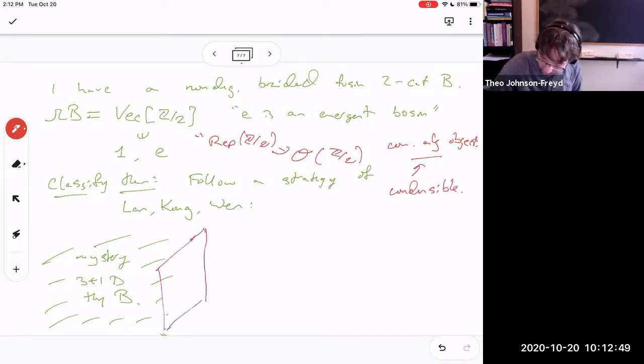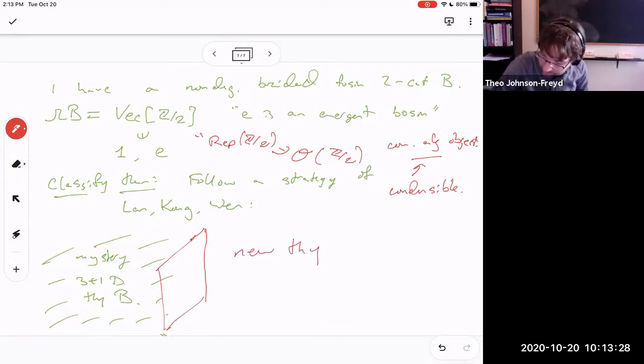You get a wall. I'm not going to try to explain what condensation is really physically, but it's some procedure where you modify the Hamiltonian in some systematic way, where you force some particles to really freeze out. And so you could run that procedure in one part of your laboratory and not in the other part, and sort of turn off the procedure slowly. After zooming out, turning off a procedure looks like a wall. So you get some wall from the original mystery theory B to some new theory.